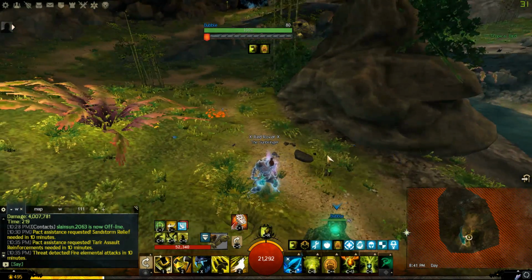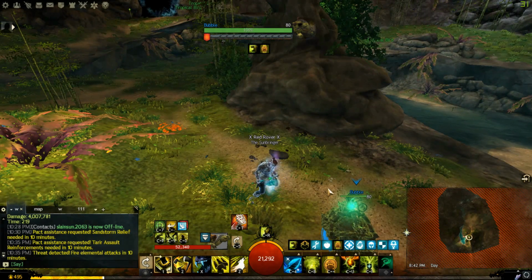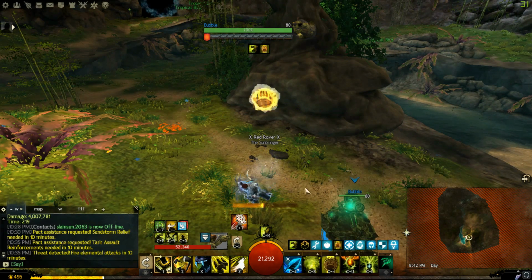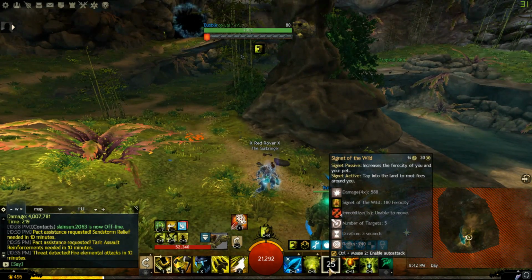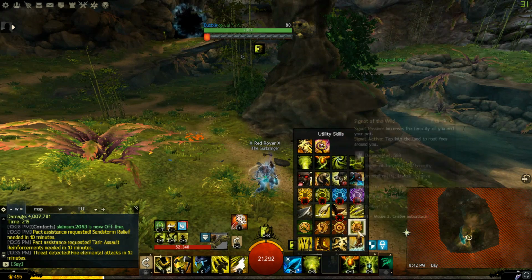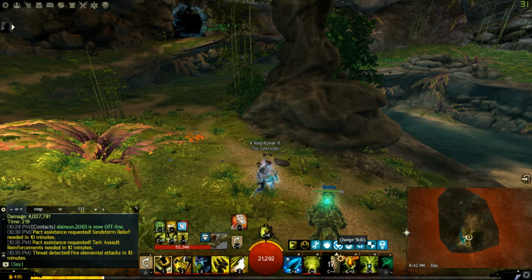Or depending on the situation, if you're running and your bit is dead in very difficult situation, you can get the protection clearly. We go with Signet of the Wild for extra ferocity. You can also use this skill as a CC source, but you never really need that. You have insane amount of CC in the build, so it depends on your need. So generally I just keep it, I never cast it if possible,